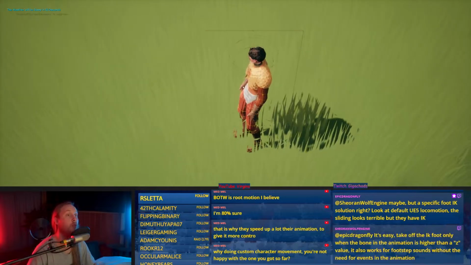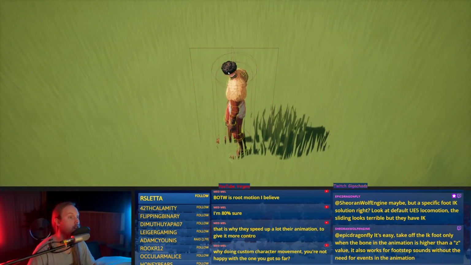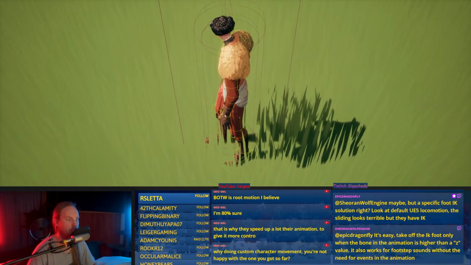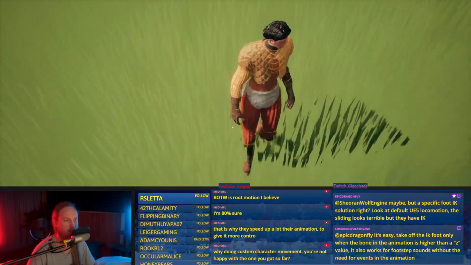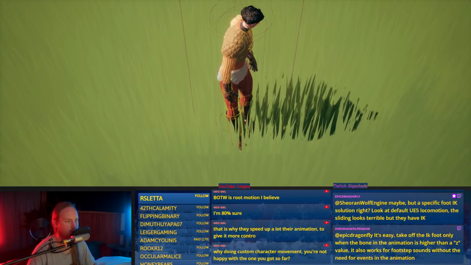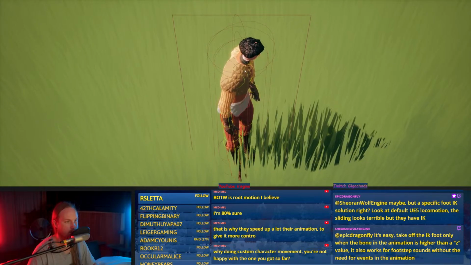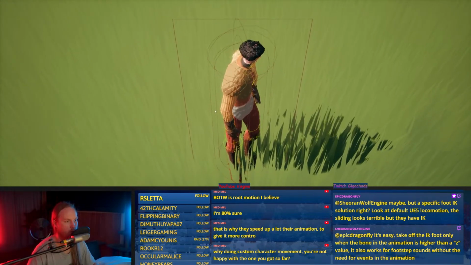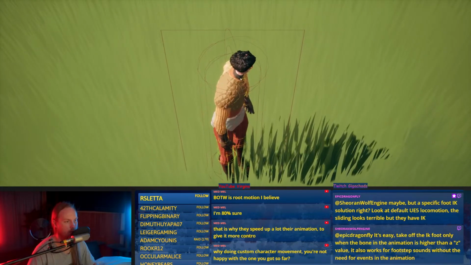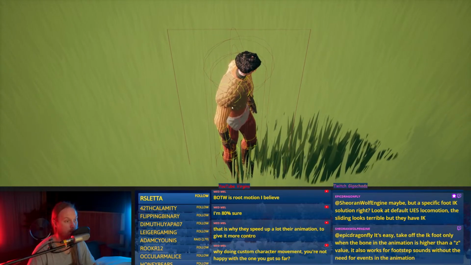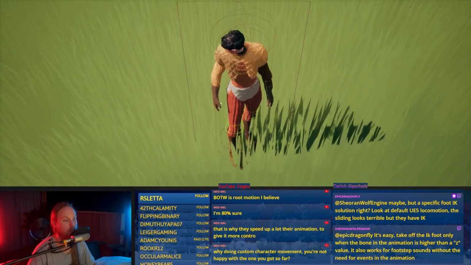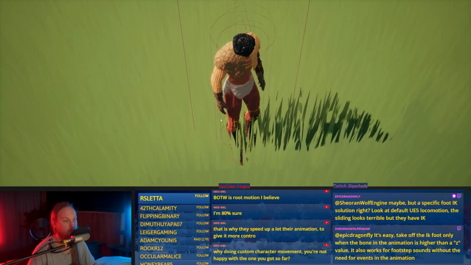Because again, we don't want to be using the character's collision whenever possible. Because that's like what? 1, 2, 3, 4, 5, 6, 7, 8, 9, 10, 11, 12, 13, 14, 15, 16, 17, 18, 19, 20, 21, 22, 23.